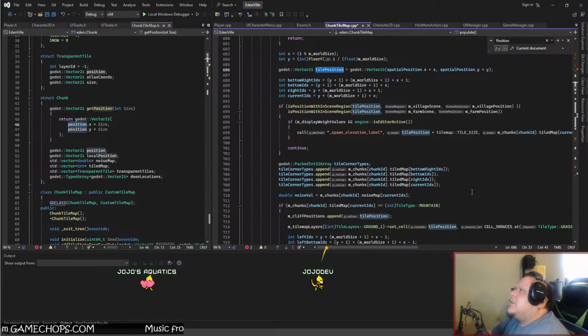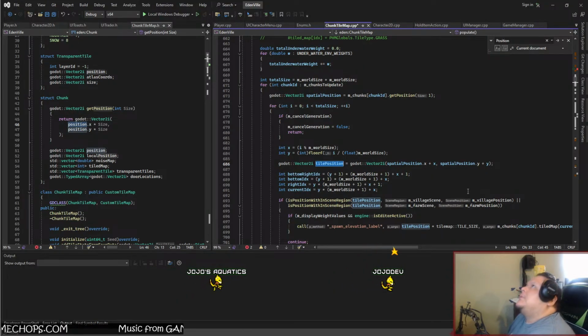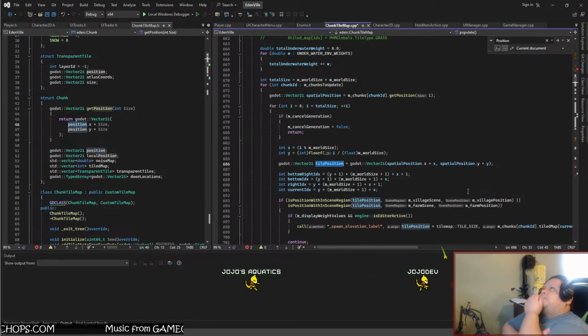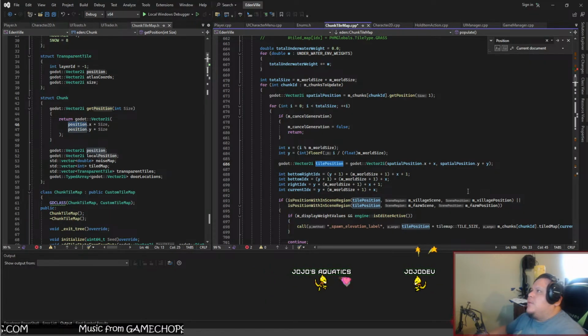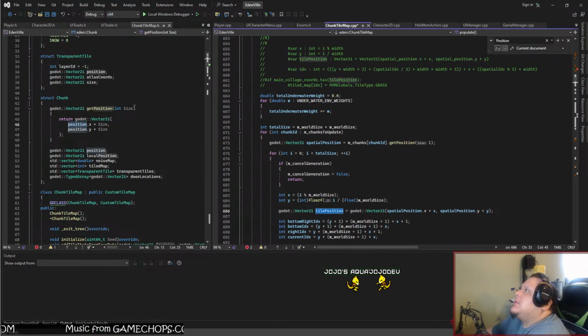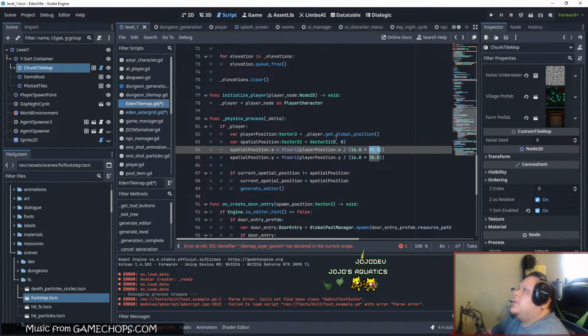Yeah, this is just in tile coordinates, so it's not gonna give it to me in actual coordinates. Does it need to be in world coordinates? Let's look at, hold on, before I go in this route,